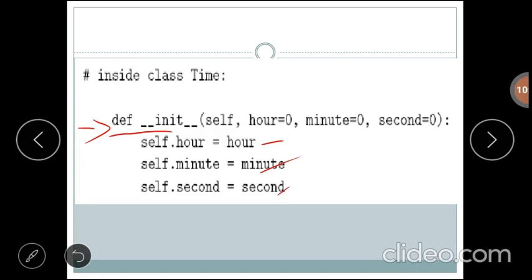So inside the init method we are passing three parameters: hour, minute and second. Again we are passing the self parameter. The first parameter, self, is pointing to the current object. So here we have self.hour, self.minute, and self.second. Self means it is pointing to the current object.